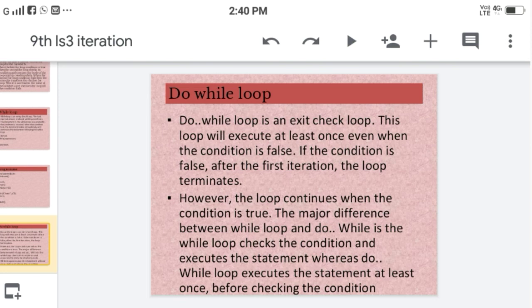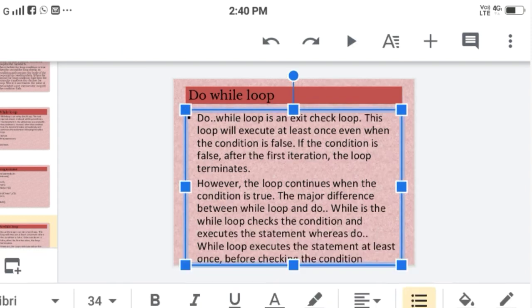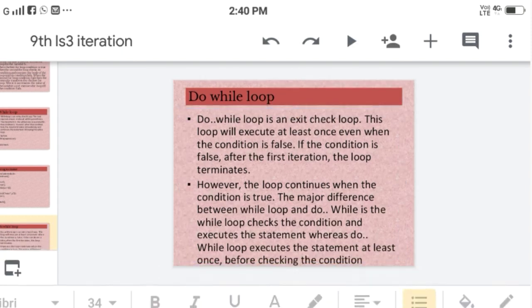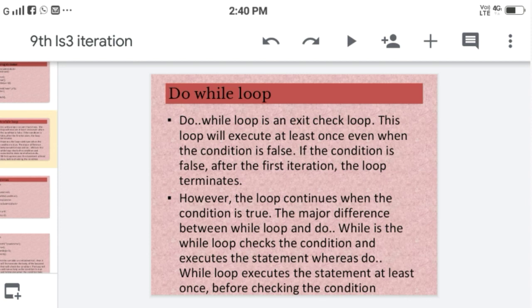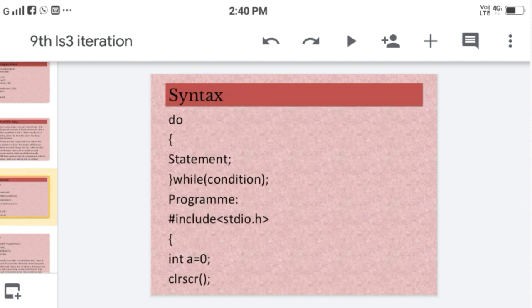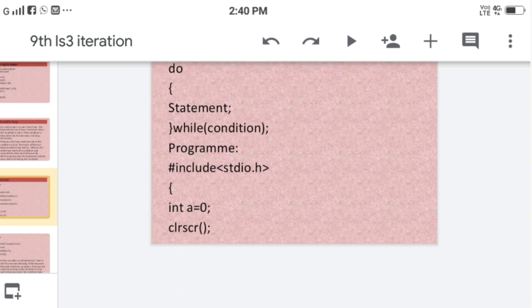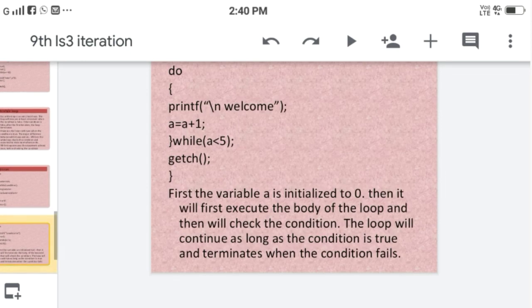The do while loop executes the statement at least once before checking the condition. Syntax: do statement while condition. Program: a = 0, print the value welcome, a++, while a < 5. So the welcome statement is printed 5 times.